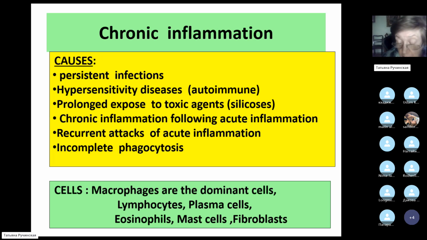What are the causes which lead to chronic inflammation? It means the persistence of infections. What does it mean? The same infection appears in the organism several times and for a prolonged time,